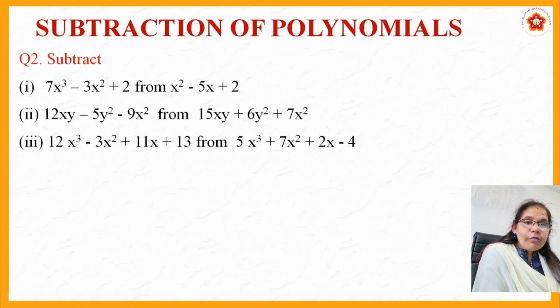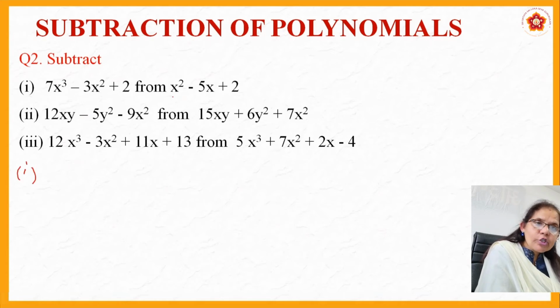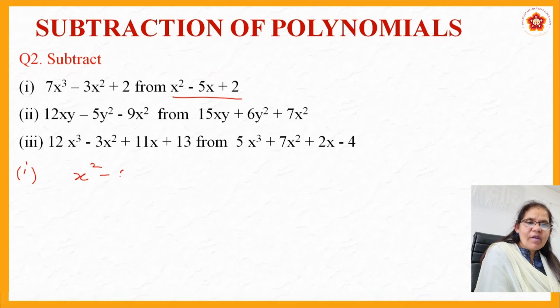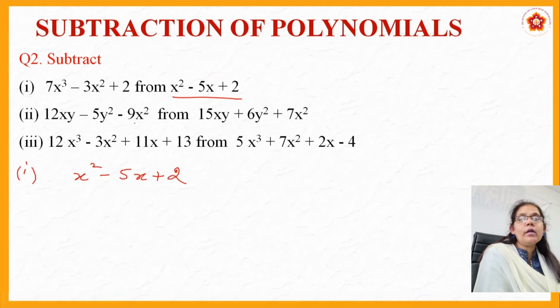Whichever one is the one from which we have to subtract, that is what we will keep on top. So we have to do subtraction from this polynomial. So x square minus 5x plus 2 we will write down first, because from this polynomial we have to subtract